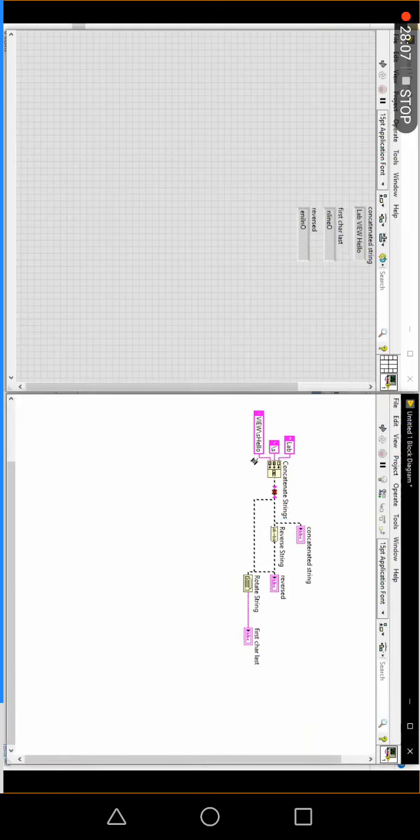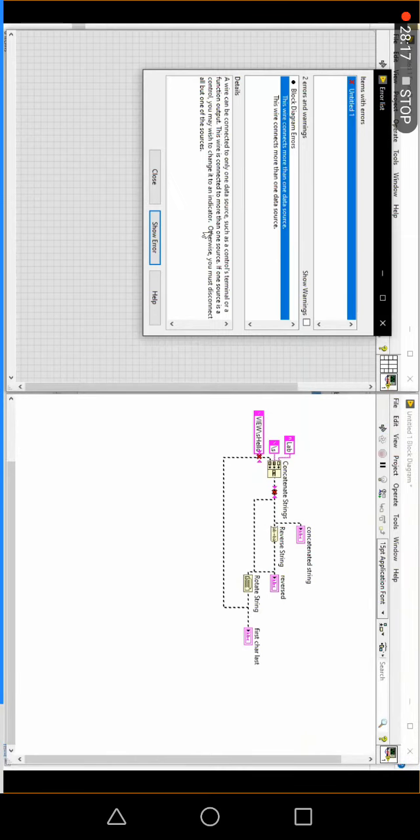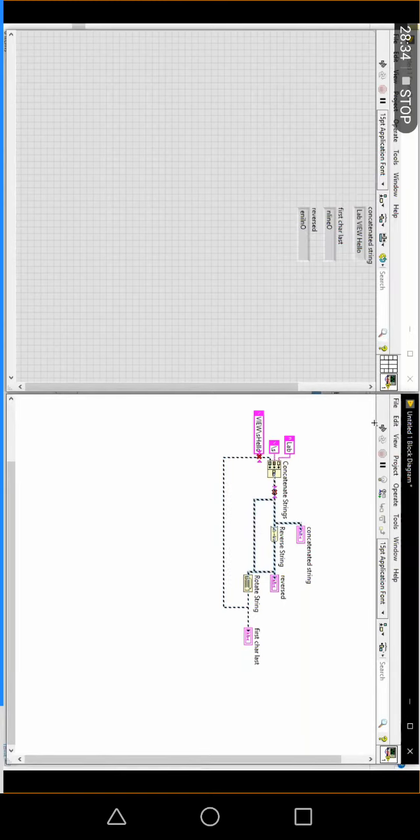But see here, I have two broken wires available over there. If I go there, it will show both the errors. I have to debug this wire specifically, and I don't know what the particular error is over there. If you choose show error, it shows it over there. That is also one method, to go wire by wire.